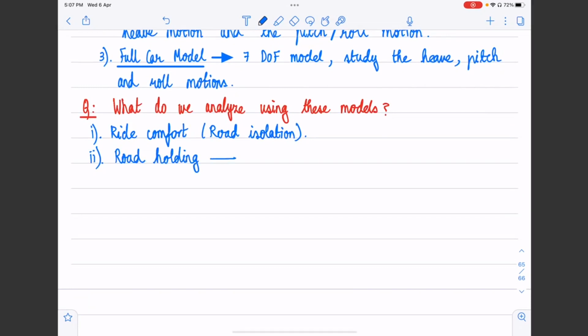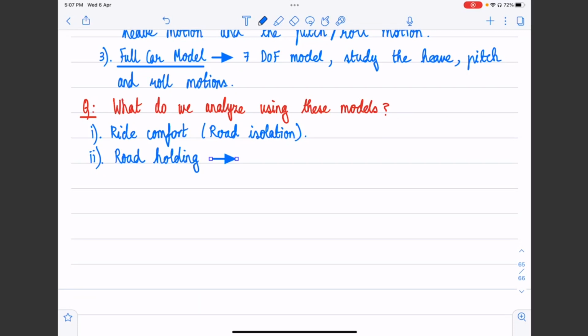We want to ensure that the tire stays in very good contact with the road, even when the vehicle is moving on a rough surface. So why is good contact between the tire and the road important? As we would have already realized by now, all forces, be it for longitudinal motion or lateral motion, are transmitted through the tire road interface, right? And we have seen that the peak forces are all proportional to the vertical load at the tire